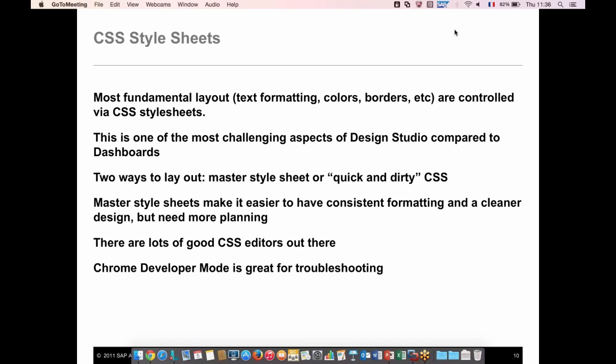What you can do is capture all your design rules in a single style sheet file and link your dashboard to it, and then those rules are automatically applied to the components of your dashboard. So it can make things much easier to maintain. And that can lead you to a much more consistent and cleaner design,